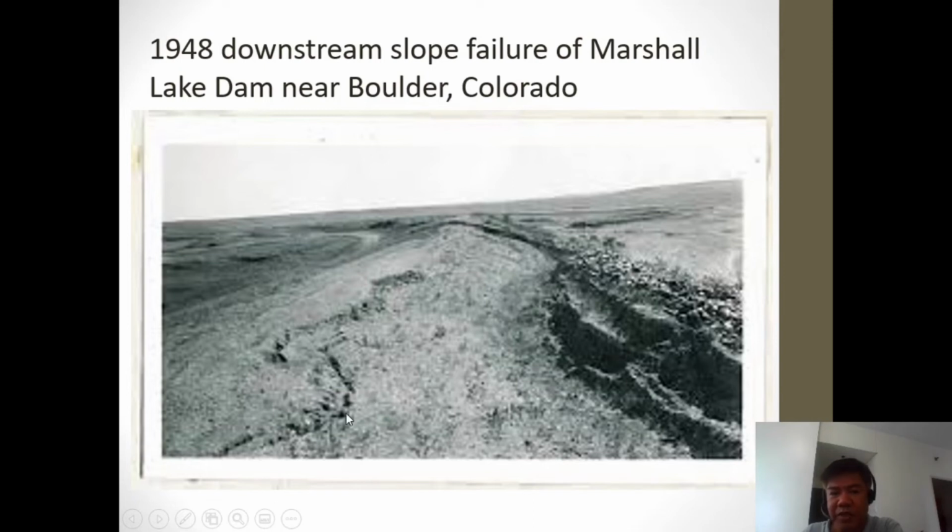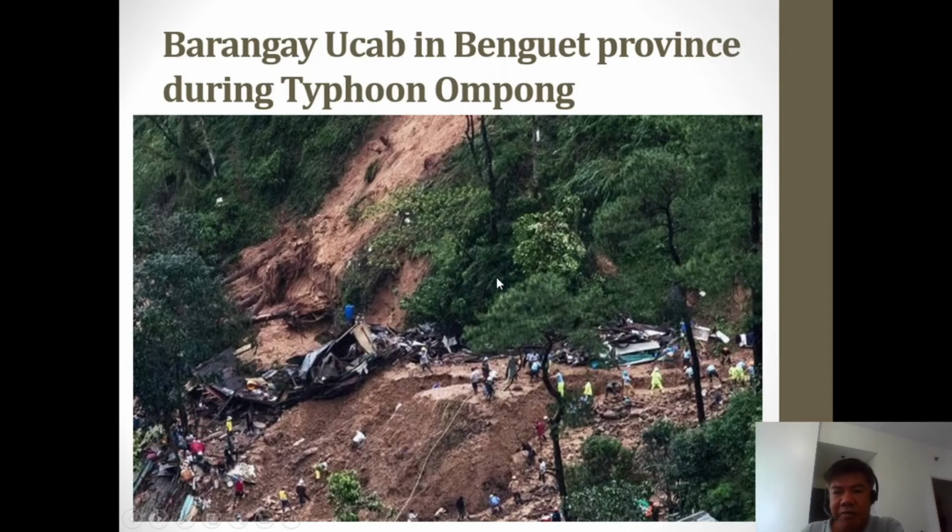If you can see this one, there are already cracks along this area. So this is in Benguet province during Typhoon Ompong. The same scenario. For those in the mountainous areas, of course, most people look at it as just a simple failure due to typhoon and rainfall events. Of course, because